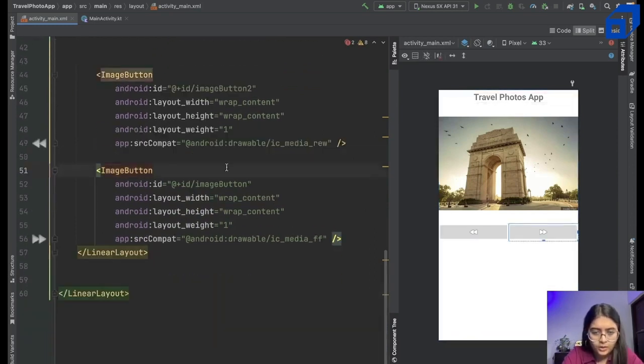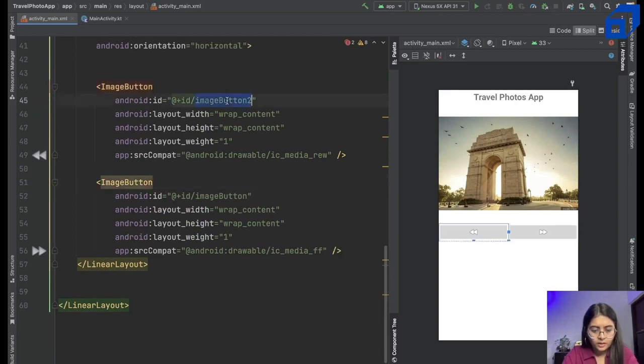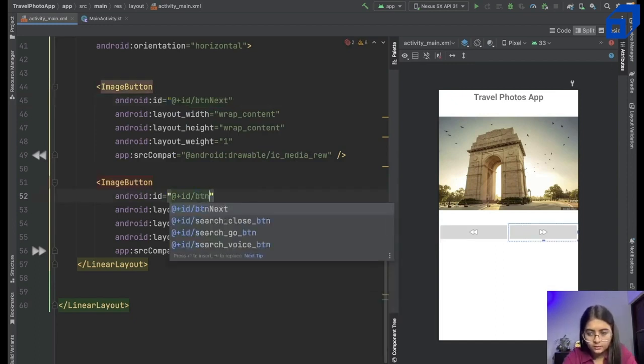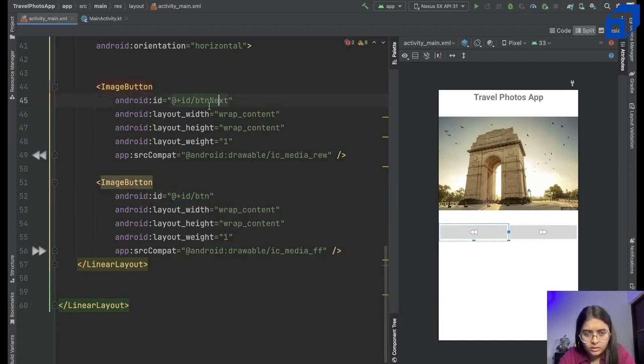This is your BTN next. Okay, and this is your BTN button. This is your BTN previous. Okay, BTN previous and BTN next. All right,